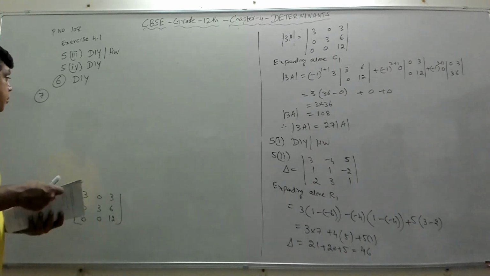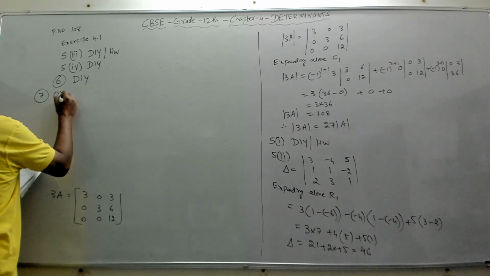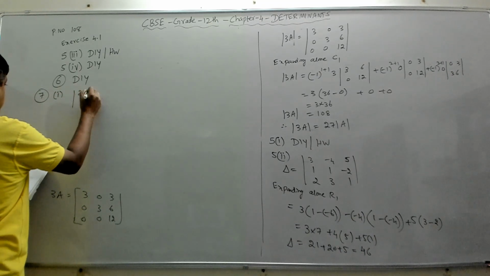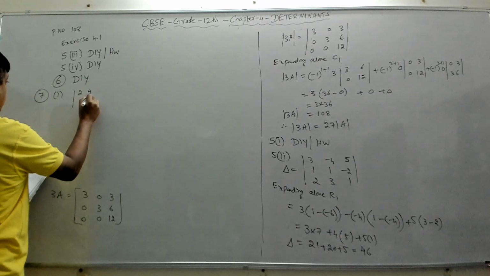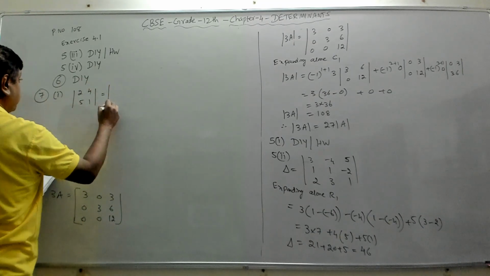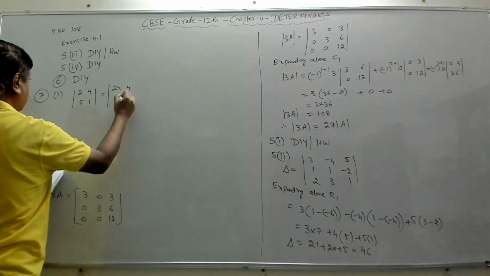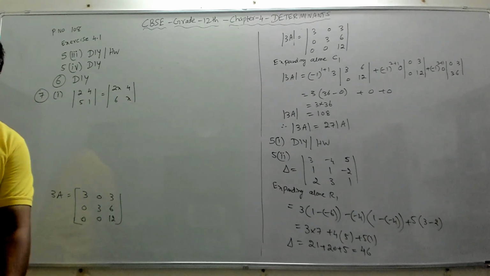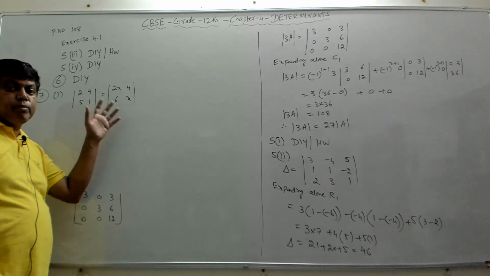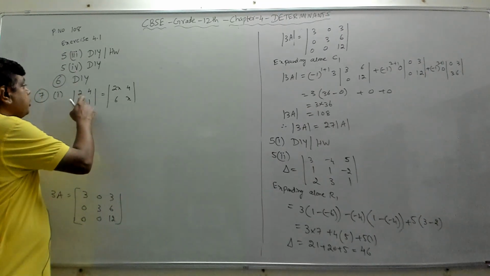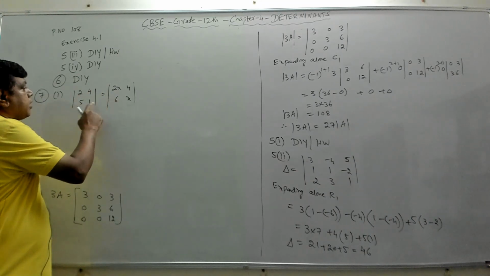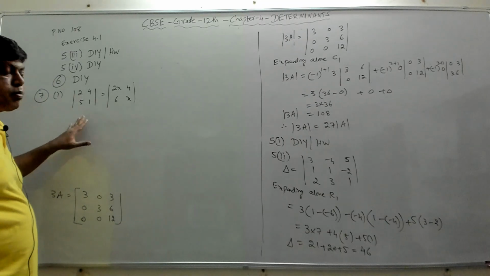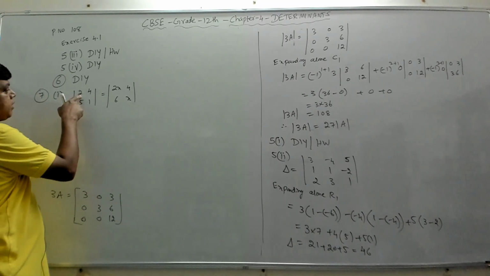So now find the value of x. Seventh problem, first subdivision. What is given is the determinant of 2, 4, 5, 1 equal to the determinant of 2x, 4, 6x. We have to find the value of x from these two. This is a determinant. Don't think of them as matrices. Don't try to compare 2 equal to 2x and x equal to 1. That's not the way we can do it. Both are determinants. You have to first expand them and find the value of the determinant.